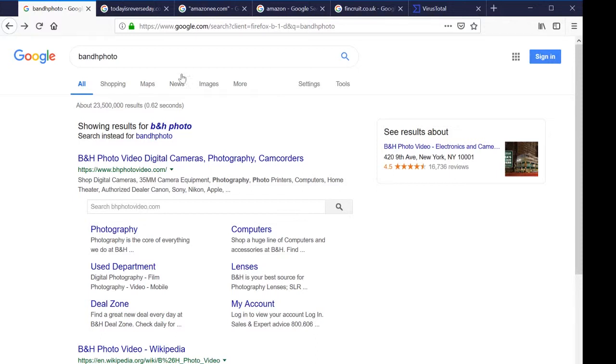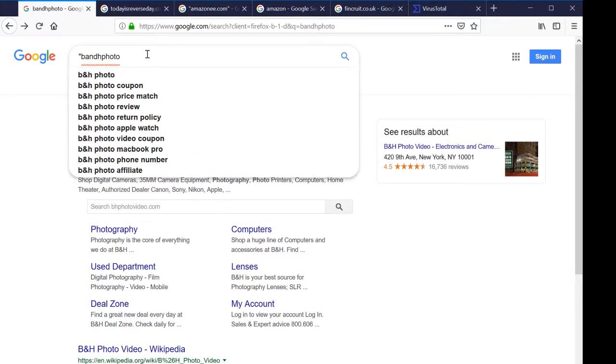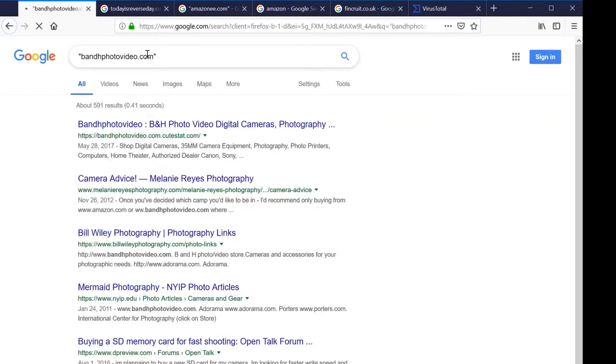So what if we did actually search for this, and we put quotes around it? And what did I say earlier? If the first hit is the URL, that's usually a good sign, right? Well, not so fast in this example. First, since we put quotes, it didn't say, hey, did you actually mean this website? But you see